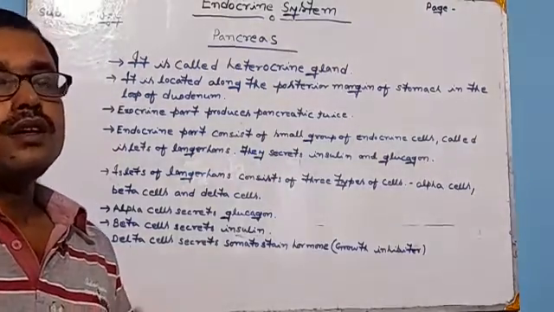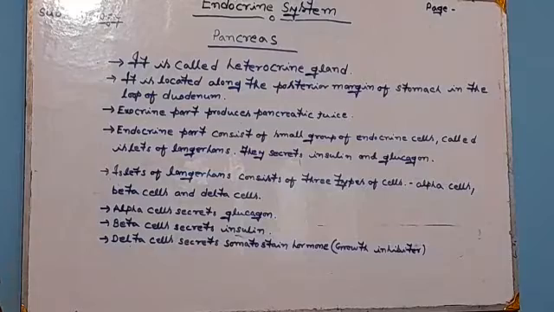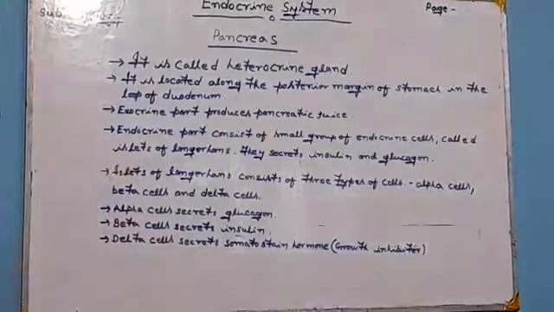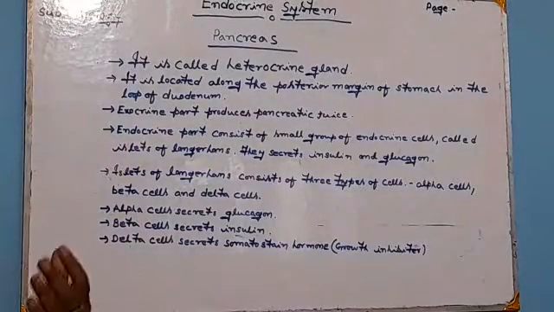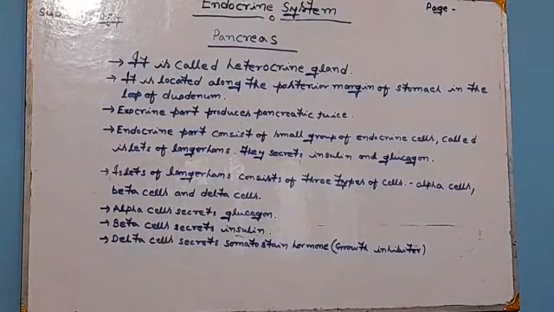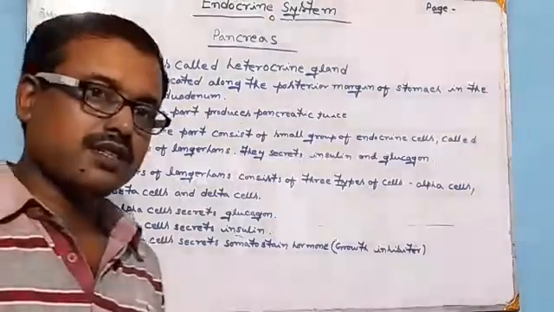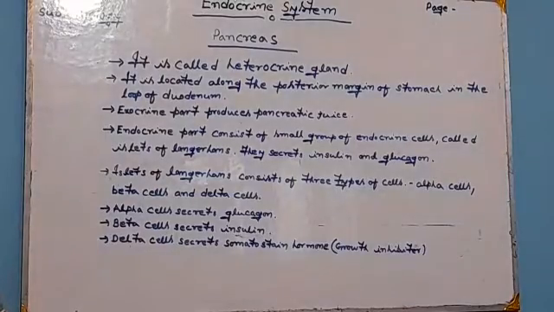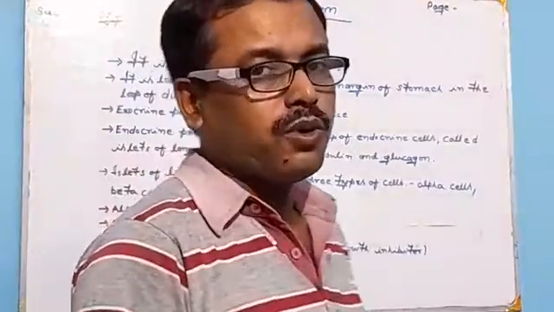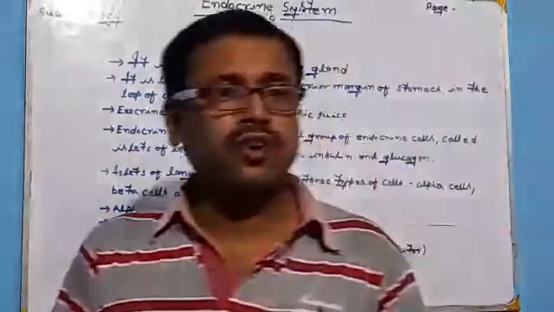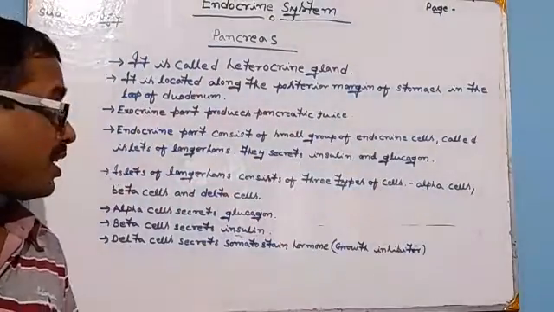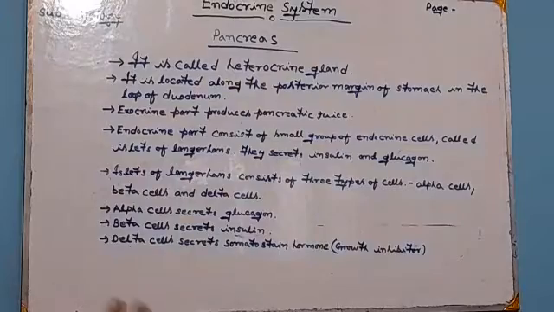Okay. Hyposecretion or hypersecretion of both the hormones may cause different kinds of diseases. Hyposecretion of insulin may cause diabetes, that is called diabetes mellitus. On the other hand, if hypersecretion happens for insulin, it causes a disease that is called hypoglycemia, which is very dangerous for our life because it may cause death. Clear?